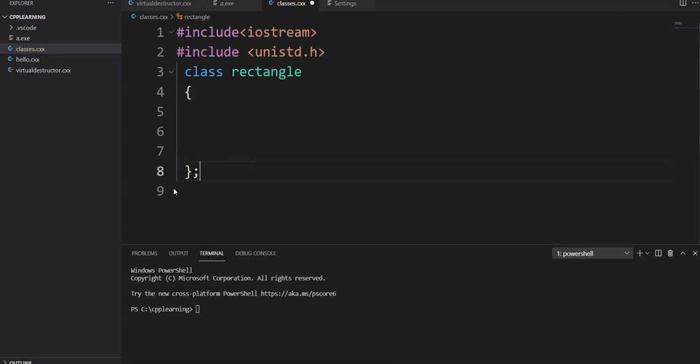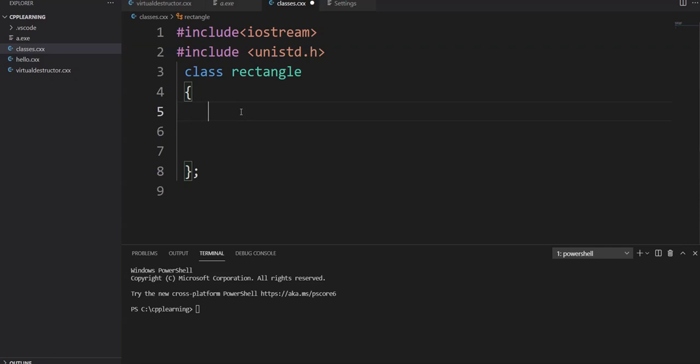This is a simple class which has nothing inside it, and this is the syntax of a class in C++. This is a keyword and this is our class name, and we end it with a semicolon. This is the simple syntax of a class.